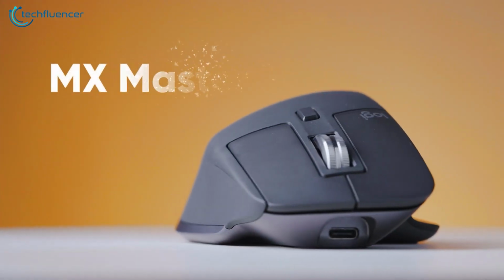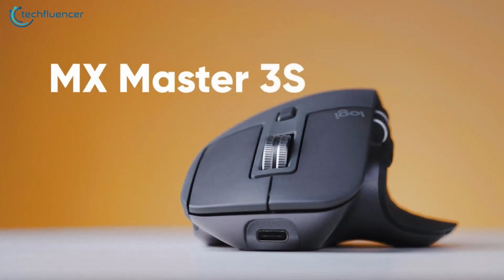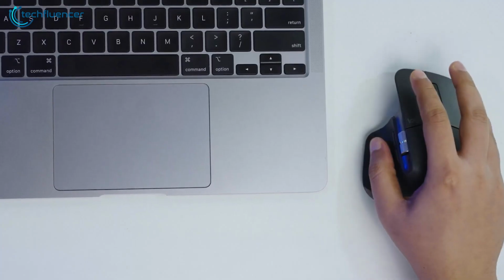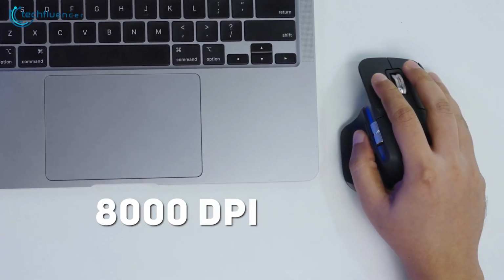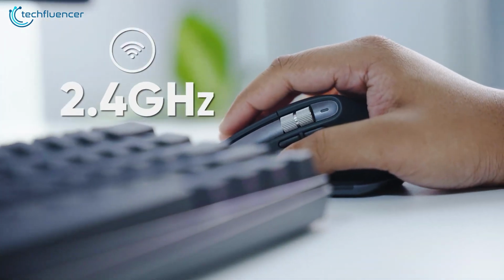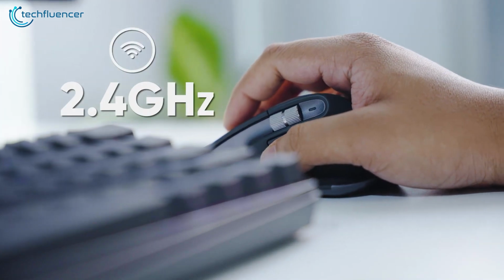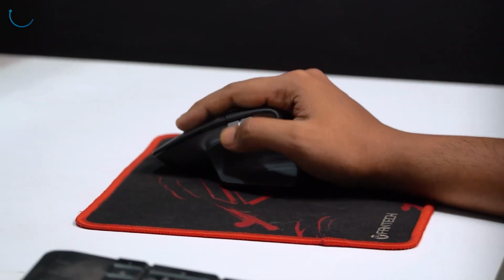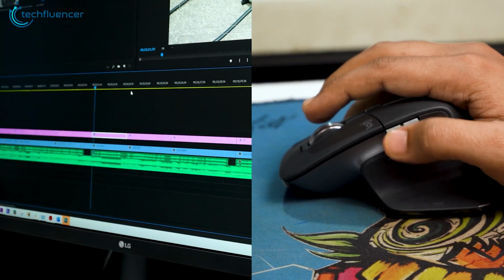Loud clicking noises often make us feel annoyed while working. Check out MX Master 3S, the ultimate silent mouse. This mouse is extremely quiet and has up to 8,000 DPI, making it super smooth and responsive. Besides that, it has 2.4 GHz wireless connectivity, which allows you to control it from a long distance. With its horizontal scroll wheel for the thumb, editors will have a pretty good time and swift editing